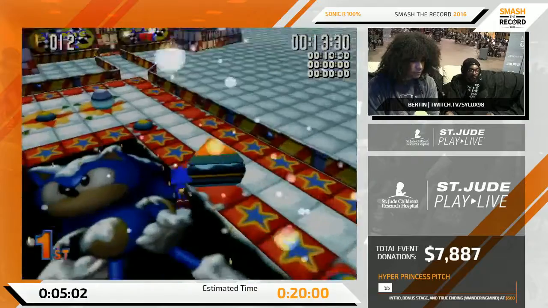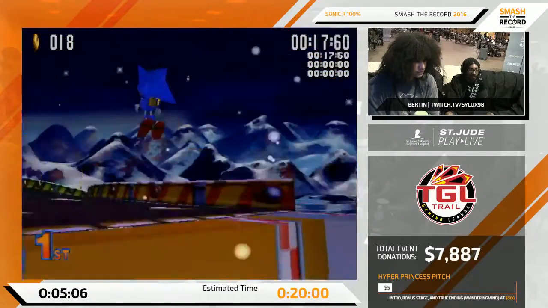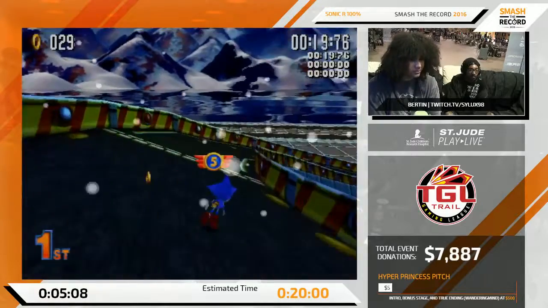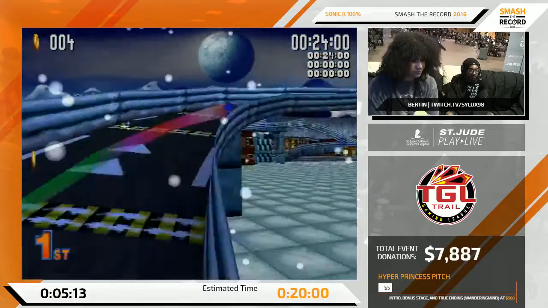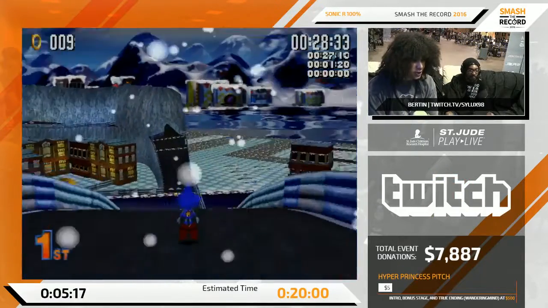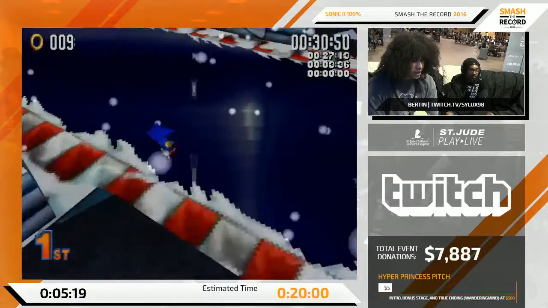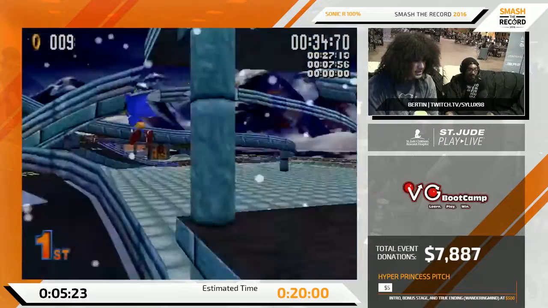So, once again, this is going to be a blowout. Even though I unlock him, I'm never really going to use him. He's just going to sit there on the character select screen. I'm just going to pick Metal Sonic for the next track as well. So you won't be seeing any Tails Doll. This is really the only time outside of